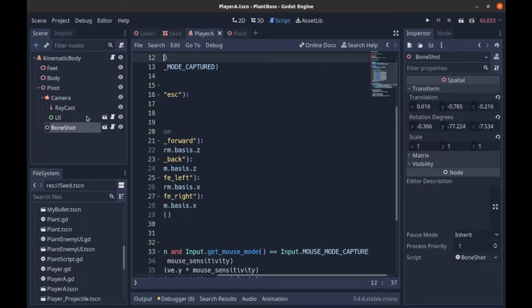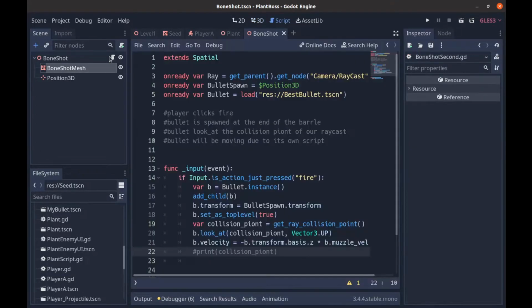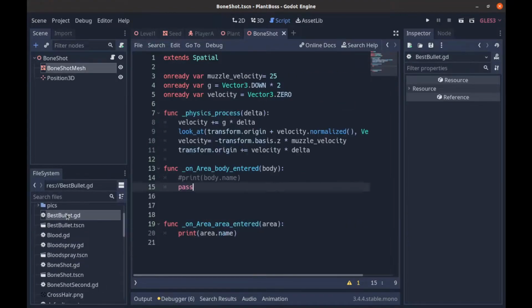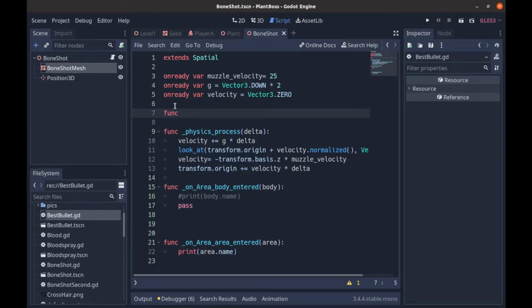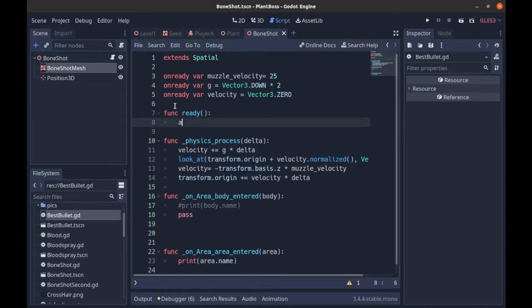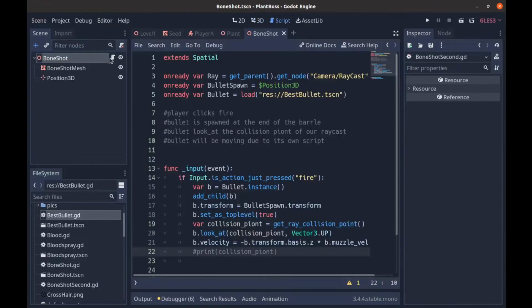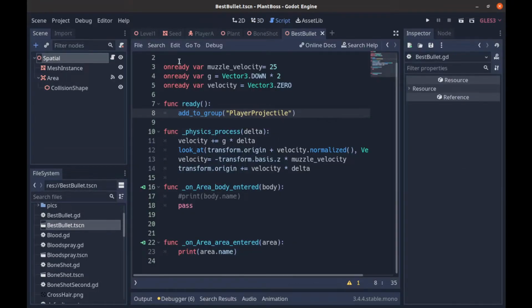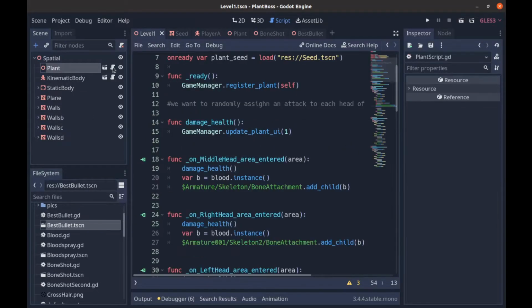Let me go back to our player, to the bone shot, and where is our best bullet.tscn? So we need to open that one up. And we need to create a func ready, and we'll say add to group player projectile, and then we need to, okay, there we go, player projectile. So then we can go back to our plant script and we can say